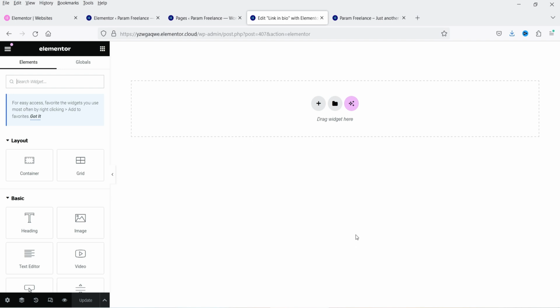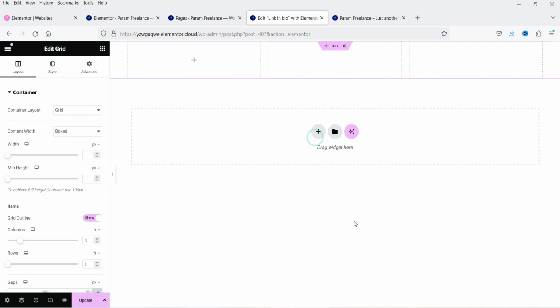Alright, so here you can see that the header and footer is not available. Now let's click on plus sign and I'm going to use a grid layout. Let's use 3 columns. Alright, now if you want, you can use a single column also, and in that column you can add the widget link in bio. In this case, I want to show you different layouts of link in bio, so I'm going to use 3